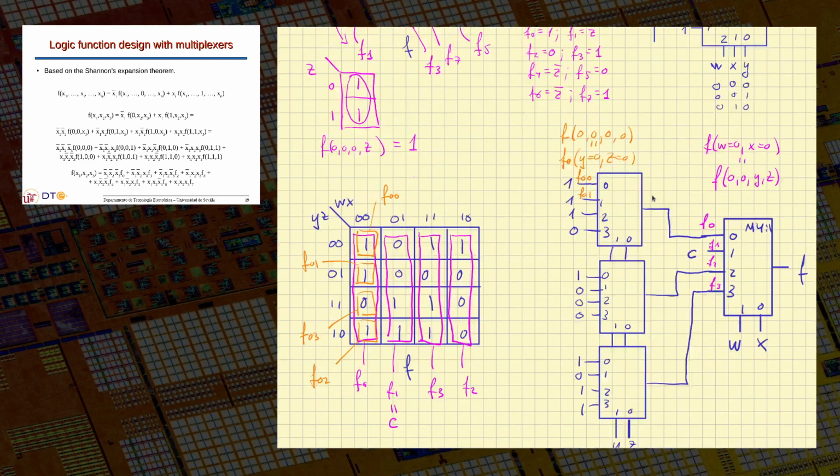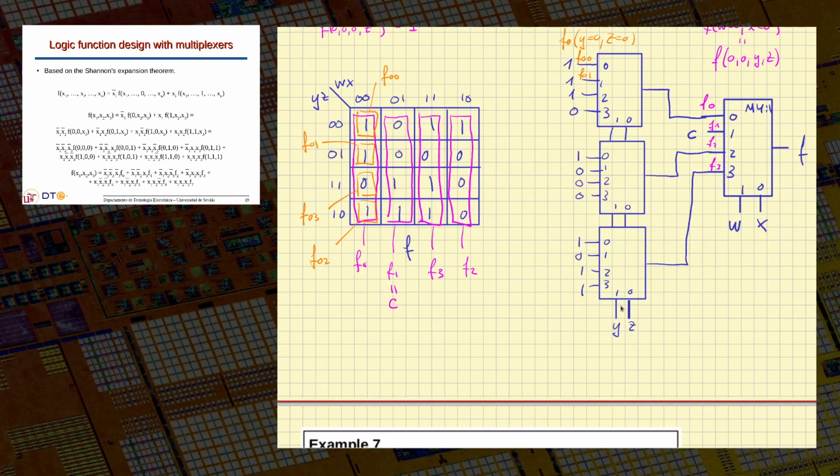Okay, in this case, after the second level of multiplexers, this multiplexer eliminates W and X from the expressions of the residuals, and this level eliminates Y and Z from the expression of the remaining residuals. Okay, so the remaining residuals do not depend on any variable. That's why they are just ones or zeros. Okay, and it's just a very mechanical process. It's a bit tricky, but you can apply it no matter how complex your function is